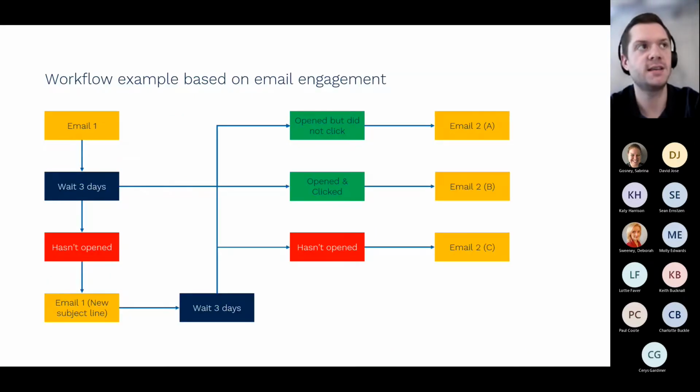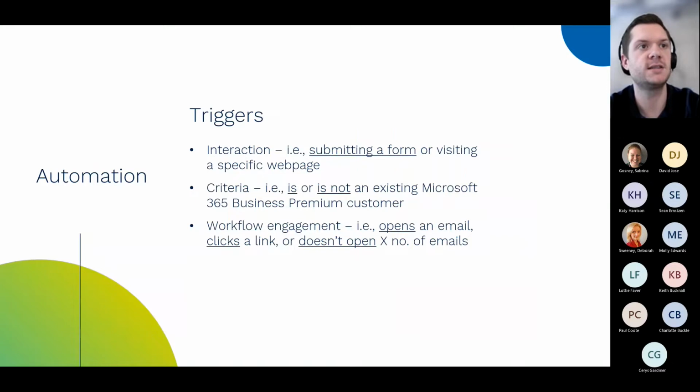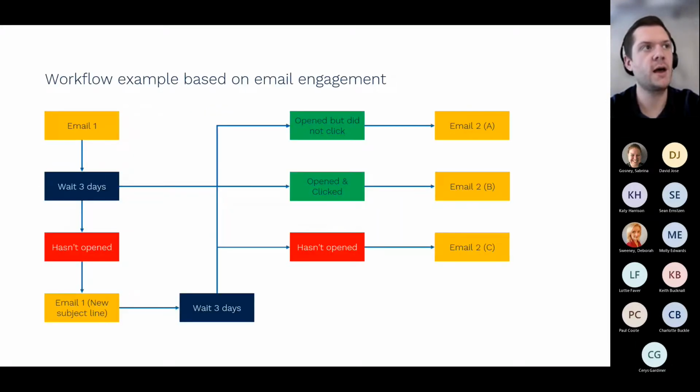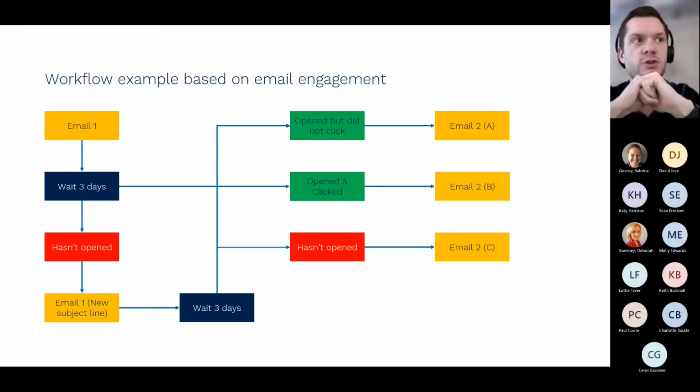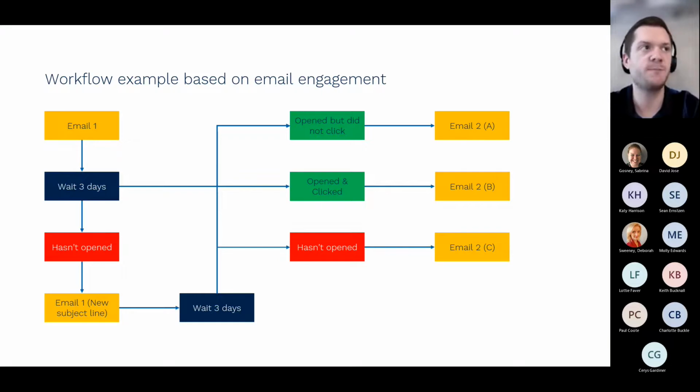And this is a very, very basic email flow here based on, as I mentioned, the workflow engagement. If someone opens, clicks, or actually if someone doesn't open an email, it's important that we think about these people in a really strategic but also tactful way. So everybody might get email 1, and there might be a list of existing or prospect customers. We will always leave a delay before we look at any data. So we might say, okay, let's leave it 3 days, and then let's look at, has someone opened it? Has someone opened and clicked? And if someone hasn't opened, how might we treat them differently?